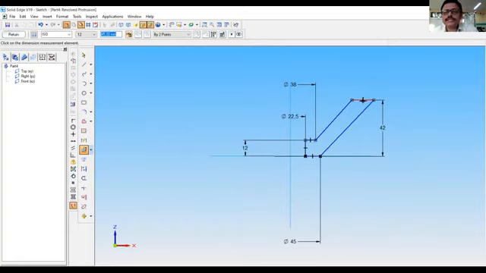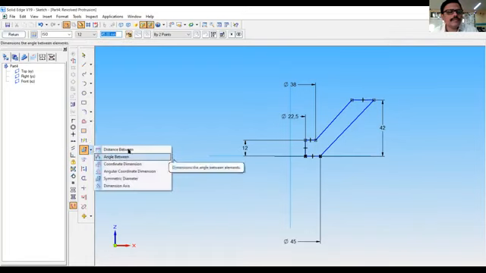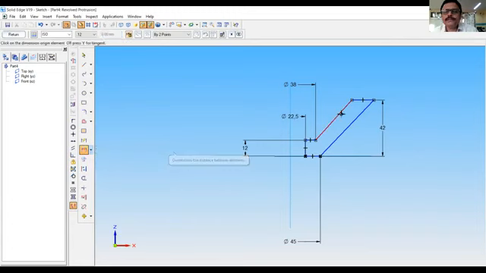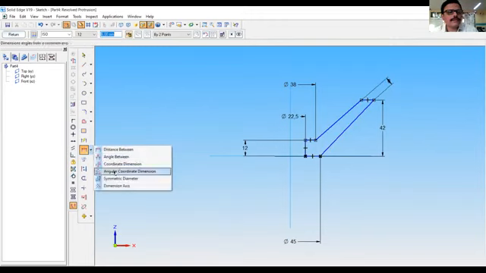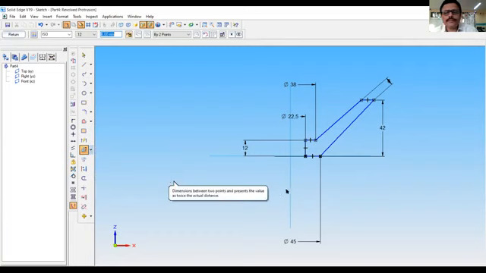So next this gap is given, that is 6 mm. Distance between this point and this one, it is 6 mm. Then last one, that end diameter. Again go to symmetric diameter.